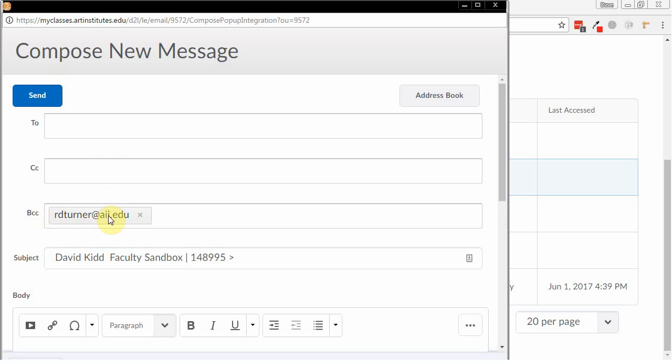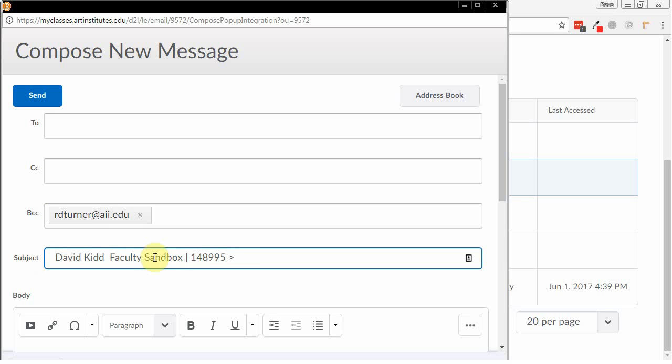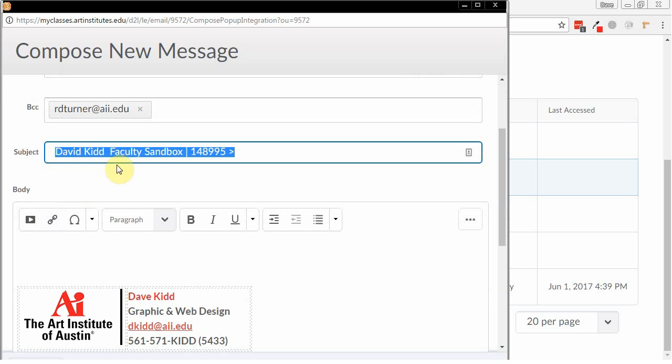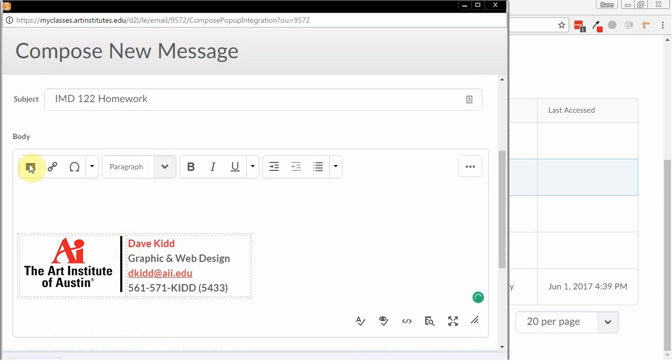It brings them up, puts them in there for me, and then it populates a subject for me. I'm usually not a huge fan of the subject that it does there. I would do something like homework, whatever. And the cool thing is, if you watch the video on how to set up the email signature under the profile, it automatically threw that in there for me. And so I can say, hey,